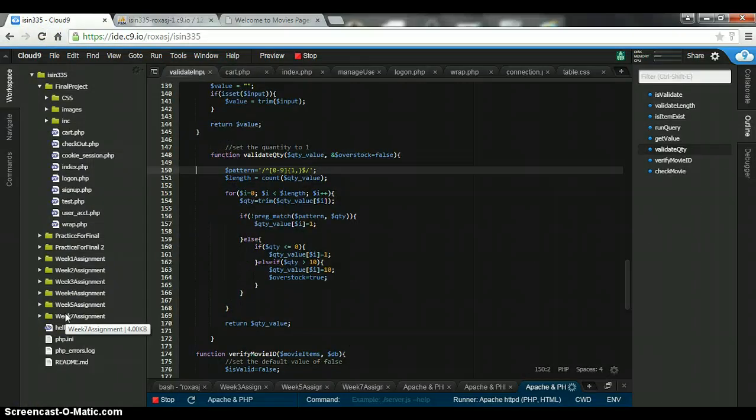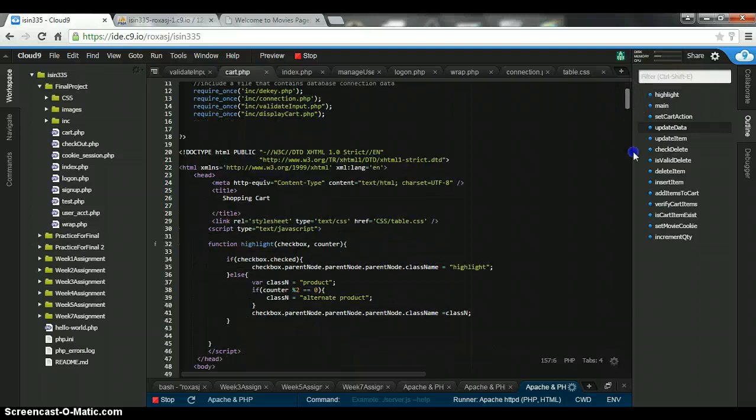Okay, now I'm going to discuss some secure coding techniques. First I want to talk about validation of quantity input field and the movie ID. We must validate the movie ID. It's not an input field, but it can still be changed through Burp Suite, so we must validate it. As you can see here on line 150, in the validate input PHP file, I'm using regular expressions to keep bad characters out. The rest of the function says that the quantity has to be greater than 0, but no more than 10. Okay, that's right here. And now when I go to cart PHP,